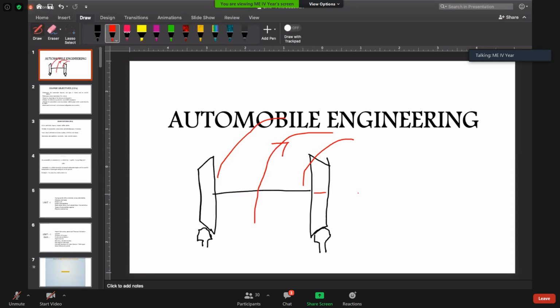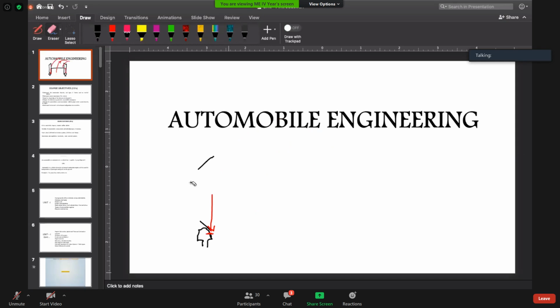What will be the effective radius you see here? The effective radius will be smaller as compared to the left hand side, where the effective radius will be larger. On the conical side, this part, and on this wheel it will be on the lower side, so it will steer itself. So this is how a train steers itself. Is it clear to all of you? Type yes in the chat box if it is clear.